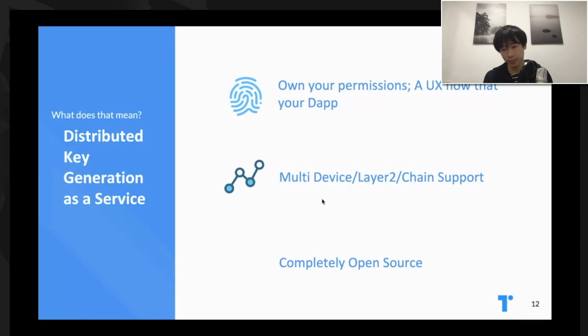It is compatible with layer 2 solutions, be it state channels like Connext or whatever flavor of optimistic rollup you want to implement, or scalability solutions like Plasma. It's also blockchain agnostic if you are a dApp that wants to support multiple chains, not just Ethereum. And it's completely open source too.